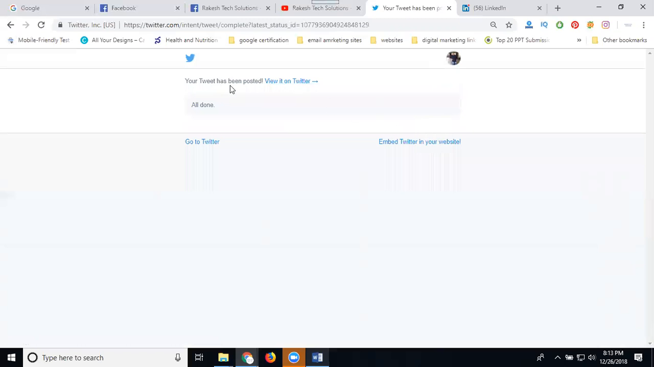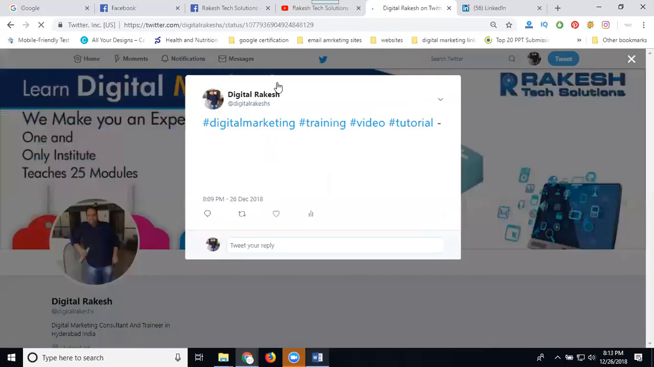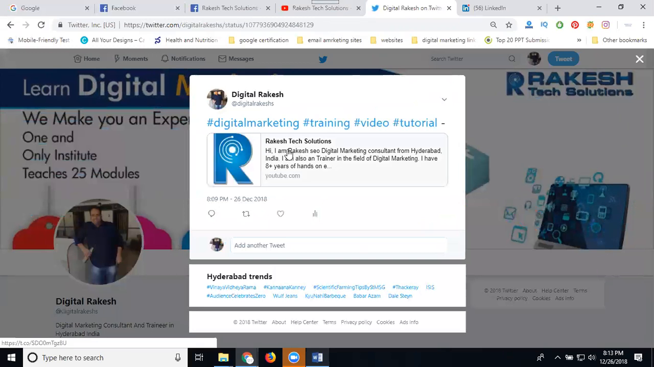Your tweet has been posted even on your Twitter. So before login also, you can create the tweet post on your Twitter account. Automatically, the link will be there on your Twitter profile. When the link is not being promoted on your Twitter, you can promote it. That URL is called, please note down,